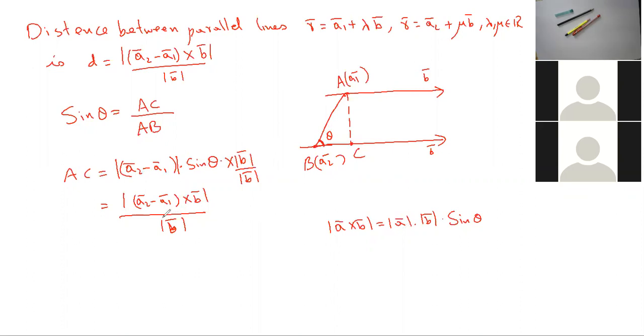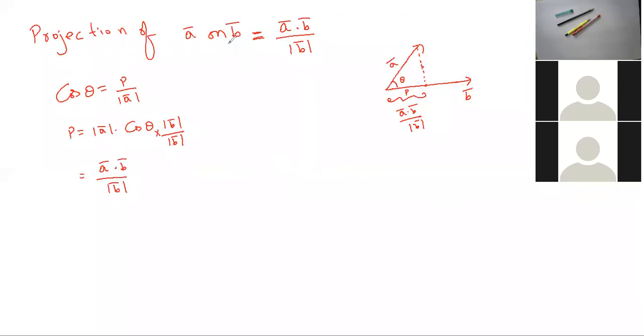The distance between skew lines formula is also as simple as this. But the only thing is understanding the projection of A bar on B bar. When you're calculating the projection, you're treating them as free vectors. For free vectors only, you can find the projection of A bar on B bar. For localized vectors, you can't use it. If you can't understand the explanation, you need to convert the localized vectors into free vectors and then use the formula, right?